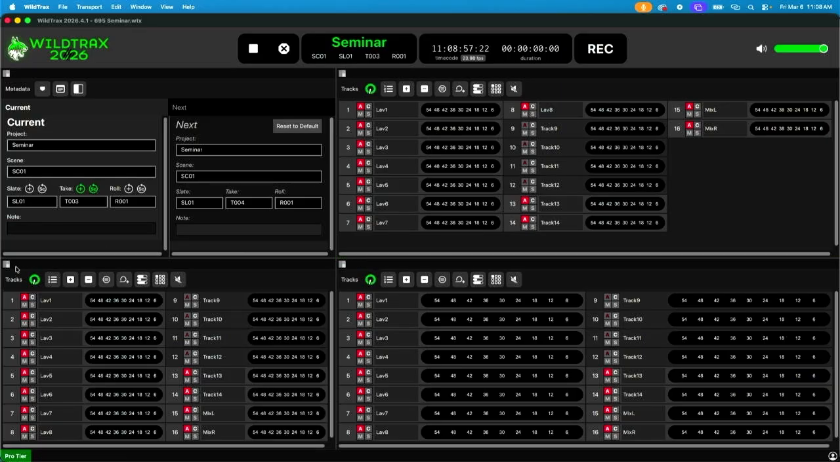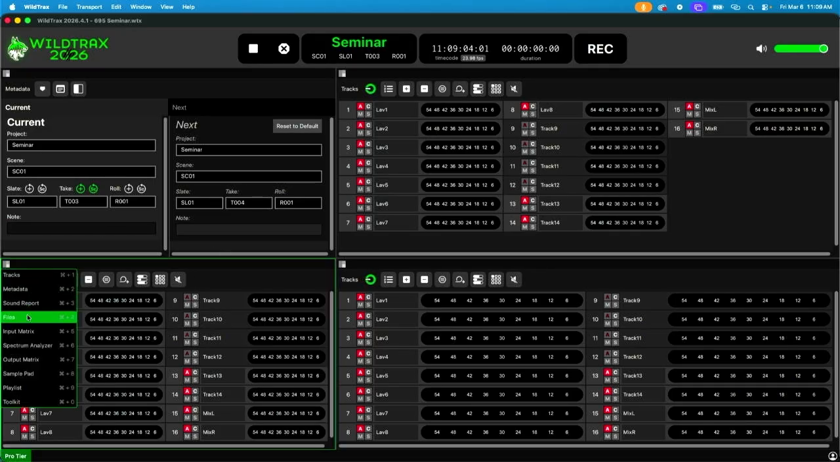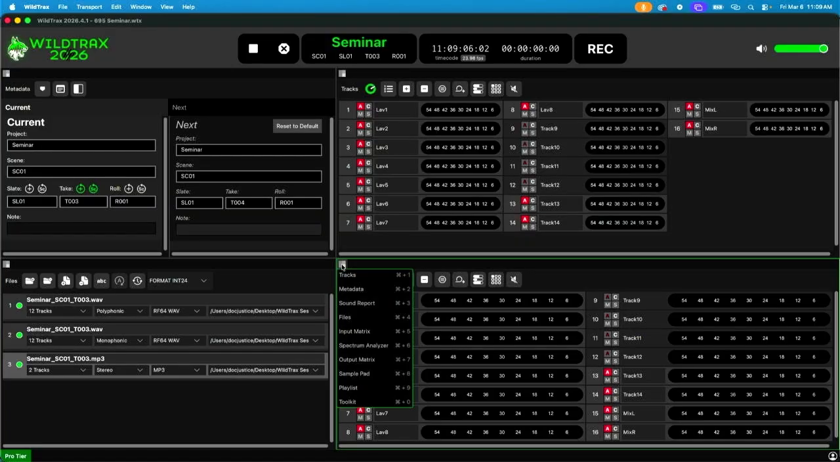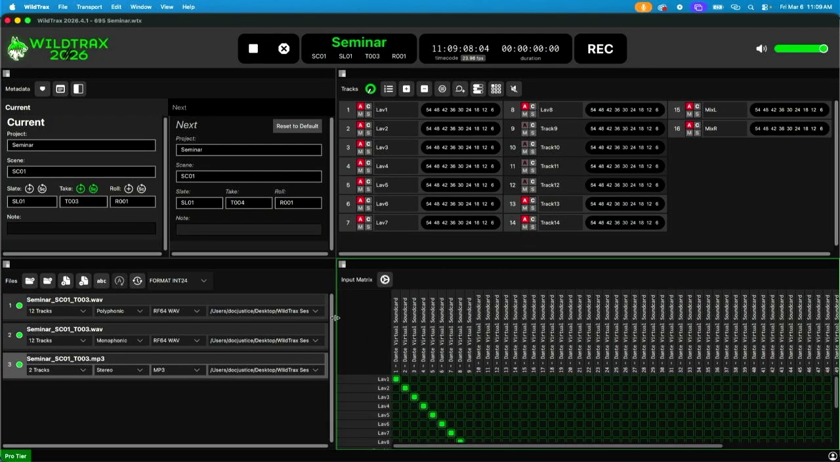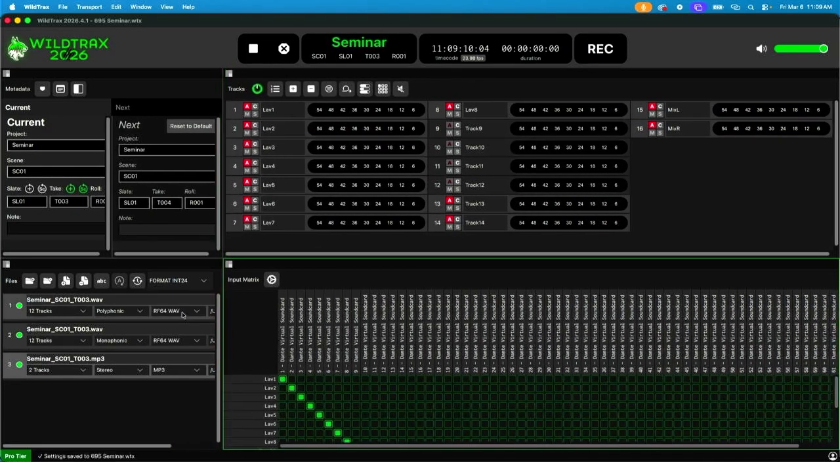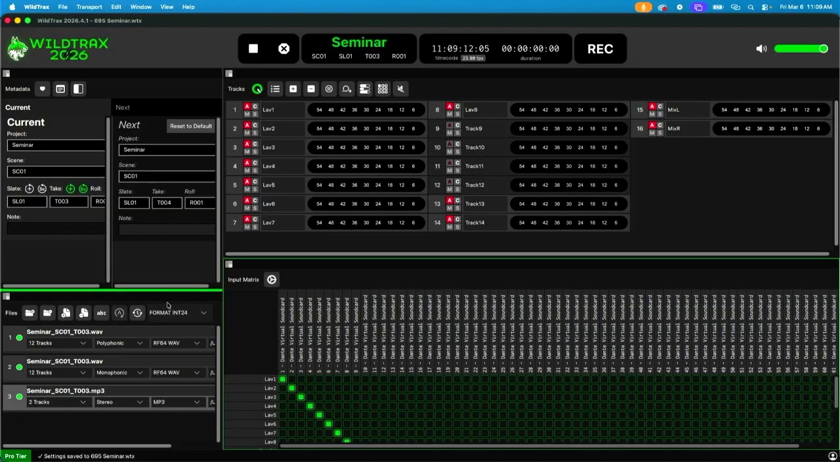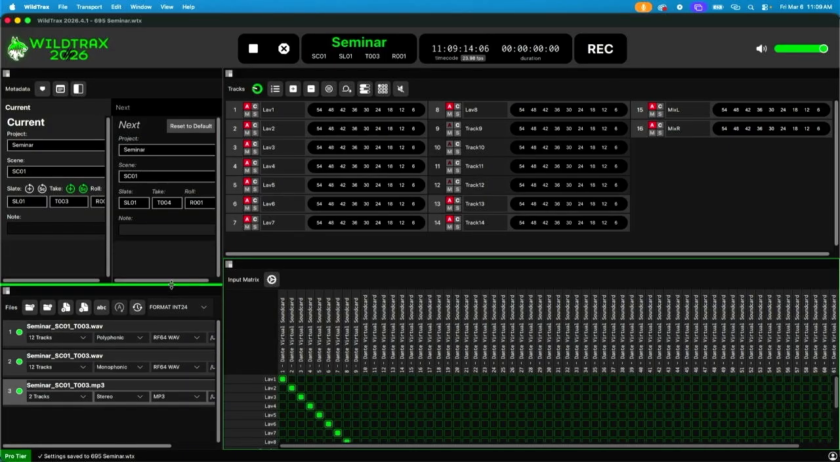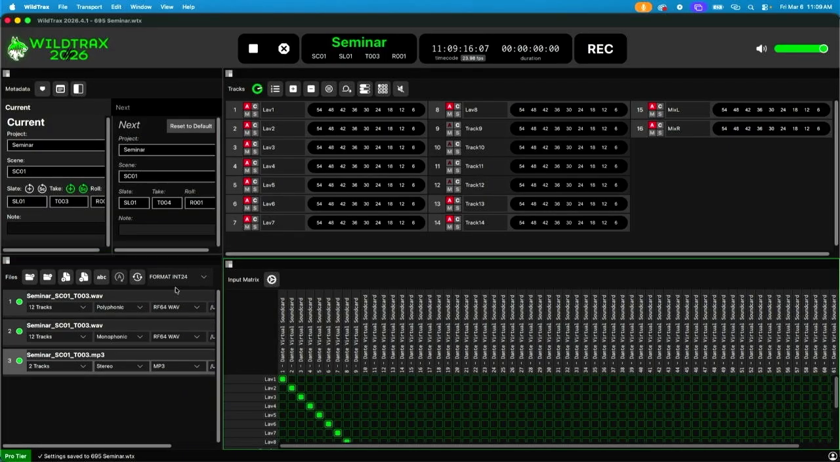And you can rearrange using the panel switcher. You can choose any panel that you want up. Resize independently as well. So what I like to do is I like to use our